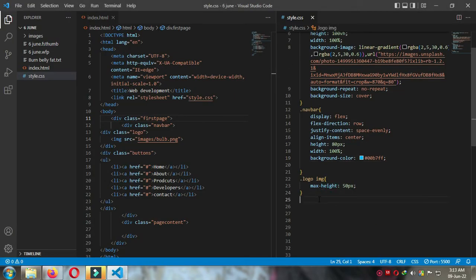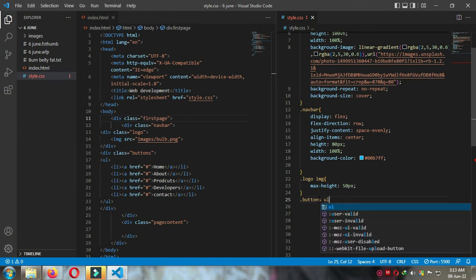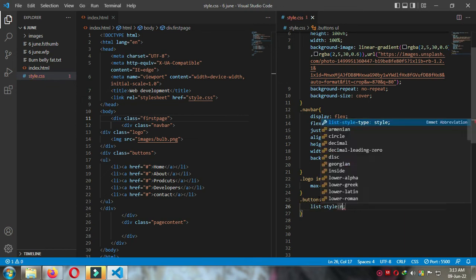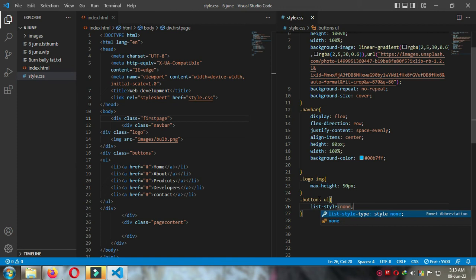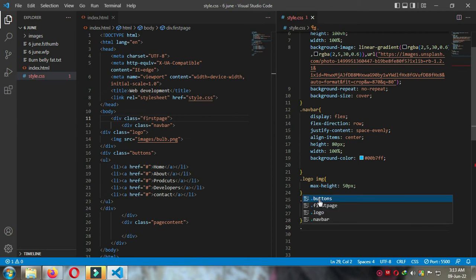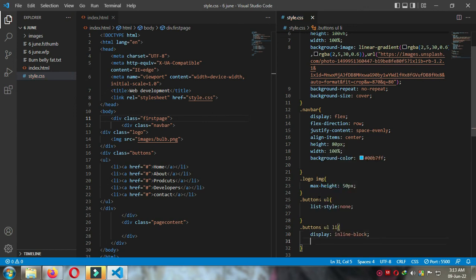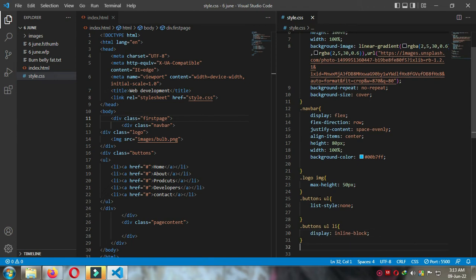So now we will have to come to the buttons, and we will be targeting the UL, saying list style will be none. There is nothing more needed inside the button, and then for the li, display will be inline block, and after that we will be targeting the buttons, the UL li a,